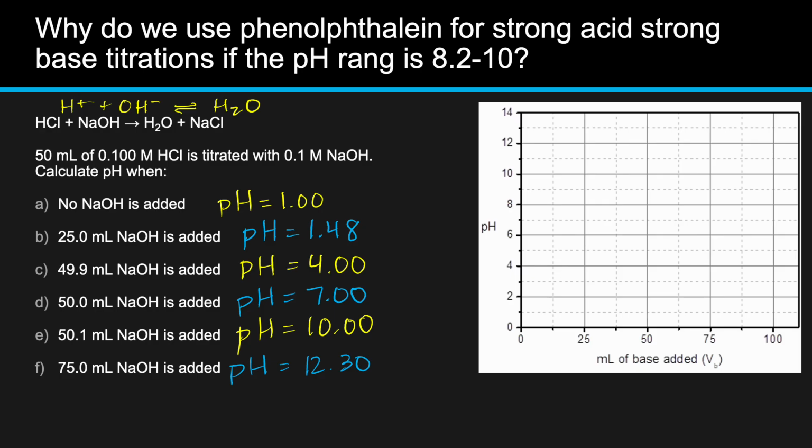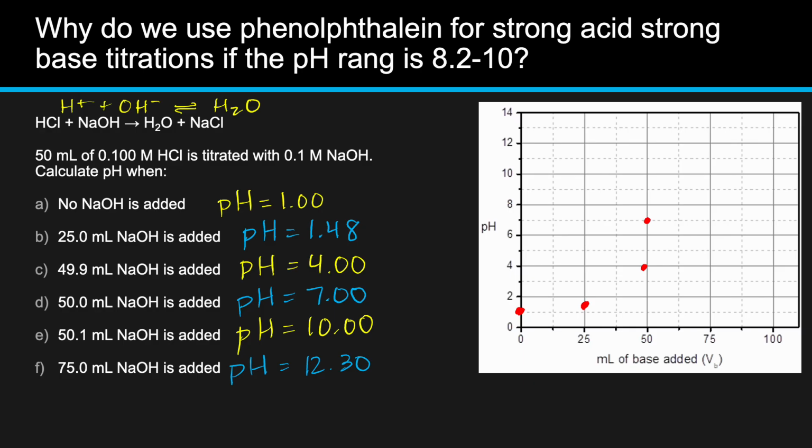So now let's go ahead and plot all of that math that we just did. At 0 amount of sodium hydroxide, we have a pH of 1, so we're starting here. We add 25 milliliters of sodium hydroxide, and we're at a pH of 1.48, which is about here. At 49.9 milliliters, which is very close to 50, we go up to a pH of 4. Then at 50 milliliters, which is again only the difference by a drop, we shoot up to a pH of